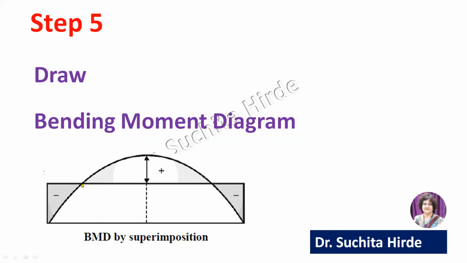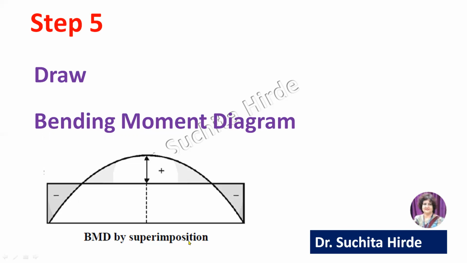The sections where the bending moment diagram changes its sign from negative to positive and positive to negative are called points of contraflexure. Point of contraflexure plays a very important role in design of structure. So it is important to locate this point of contraflexure. That means in which portion tension is at bottom and in which portion tension is at top, so that the reinforcements can be provided at respective positions. So that is the importance of point of contraflexure.